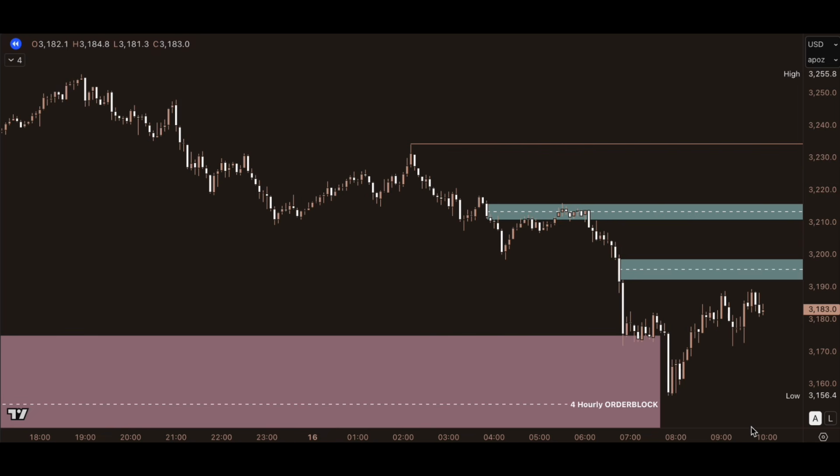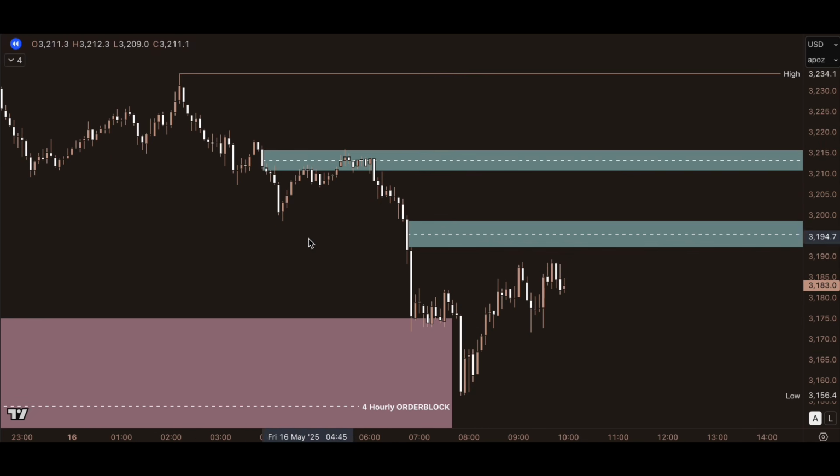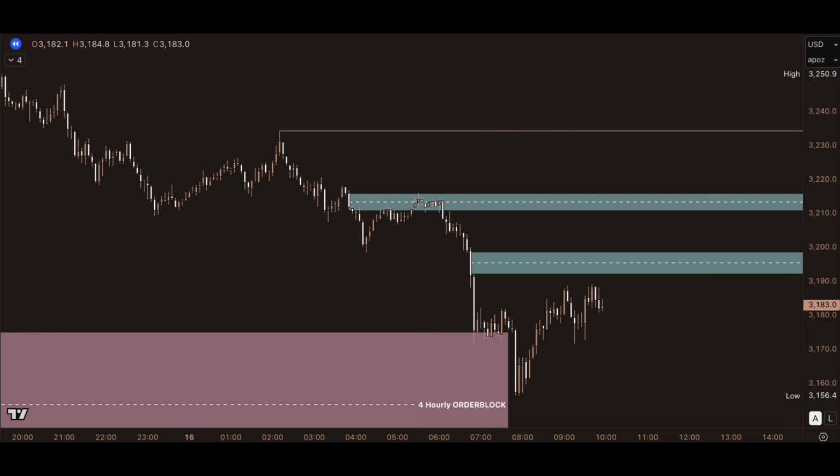Of course, it's a 2-step process in this case, which is the 4-hour. Let me type it out for you. It's the 4-hourly time frame. We use that as the parent flow to determine the higher time frame drawn liquidity, institutional order flow. To keep it simple, it's just to know, are we going up or are we going down? That's it. Bullish, bearish, no one cares. It's just simply, are we buying or are we selling? Are we pressing the buy button or are we pressing the sell button